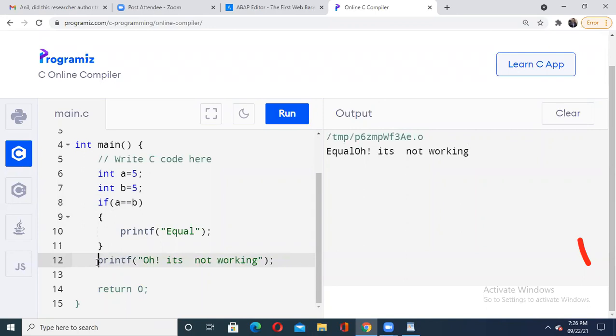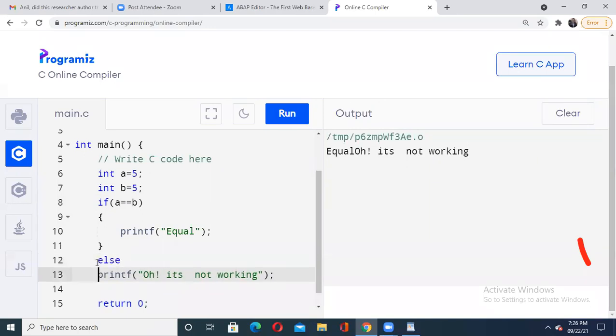So instead of this, I'll say else, and I'll put brackets for this else block, and inside this let us put the value 7 for a minute. So then I'm expecting it should go for the second part. Let us check. Yes, it is now moving to the second part, right?